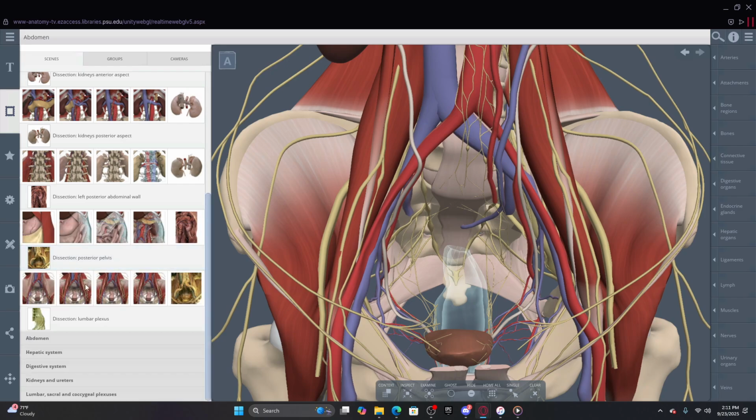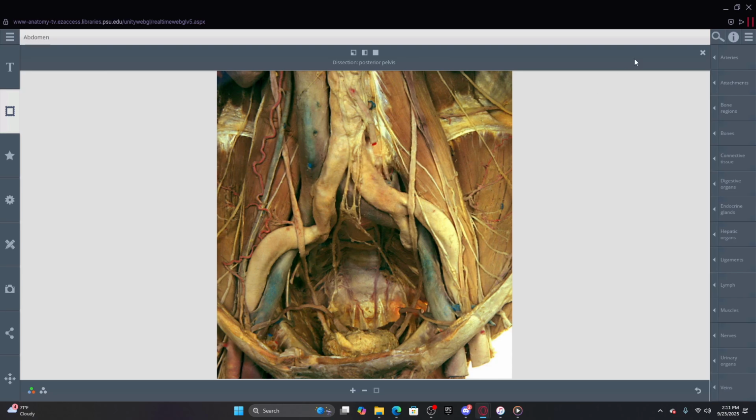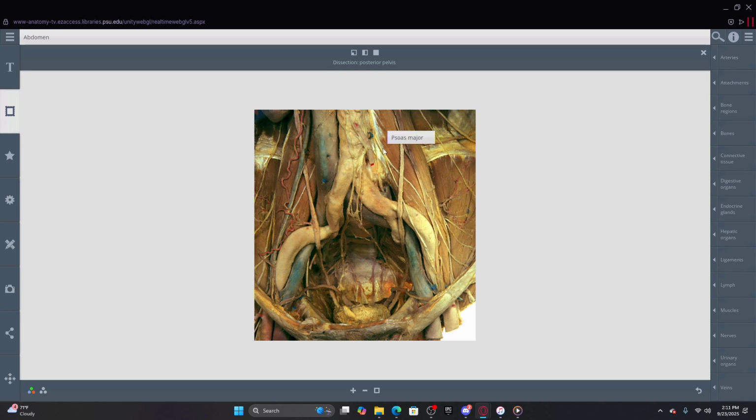I think this is the best dissection. This is the one I really wanted to show you guys because it highlights a lot of these structures that we can actually see in our donors. So this is very similar to what we can see in our donors. So I wanted to make sure this one I spent the most time on. So here, right, of course, we have our